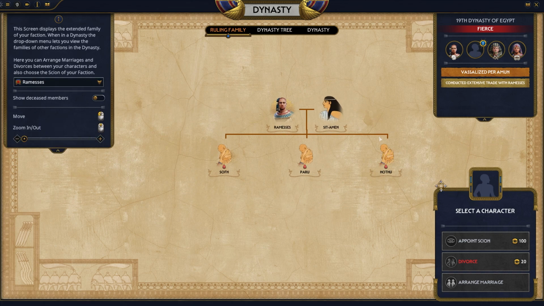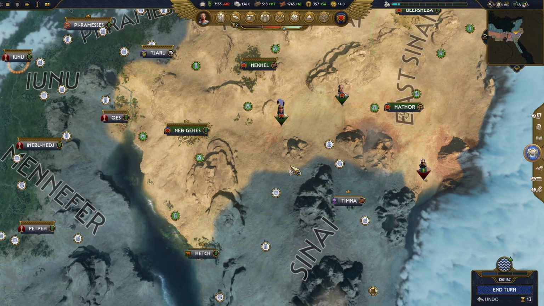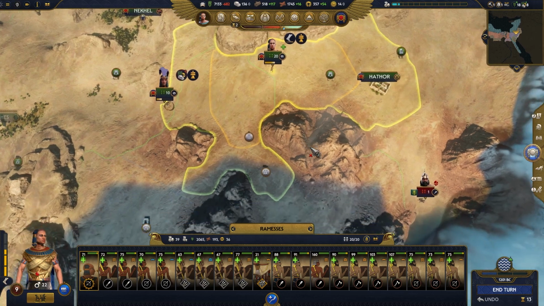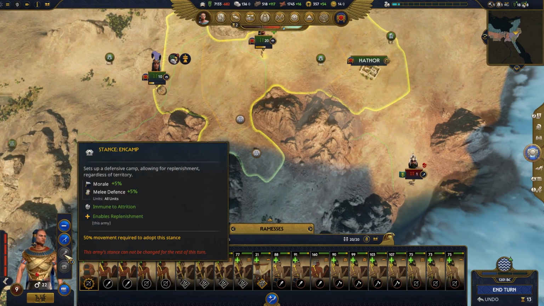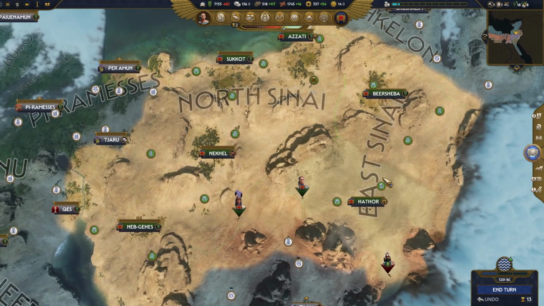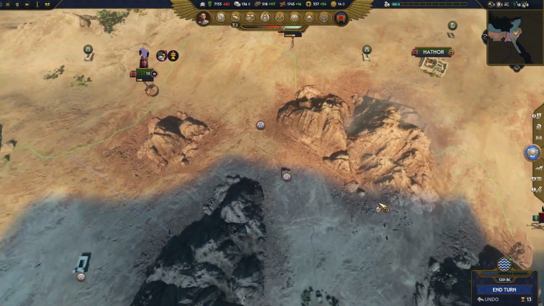Cool. We will soon take over this dynasty. I will carve out a legacy. Indeed. Alright, so that's about as far as we can go for this turn. We'll go ahead and zoom on in and...